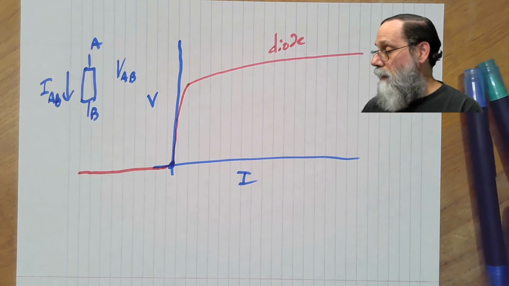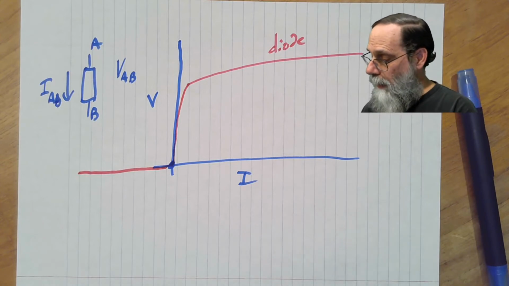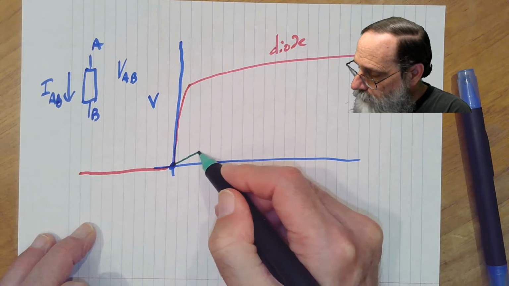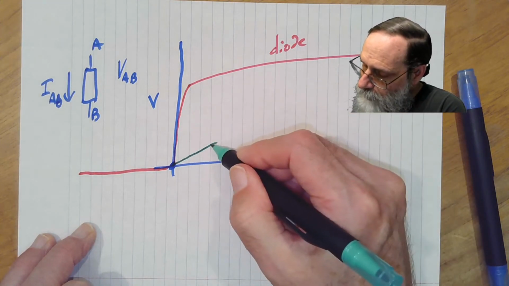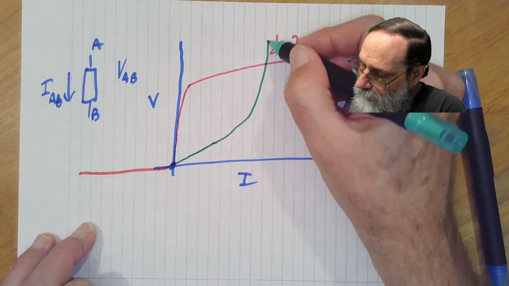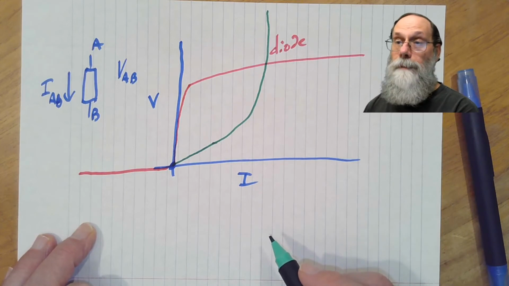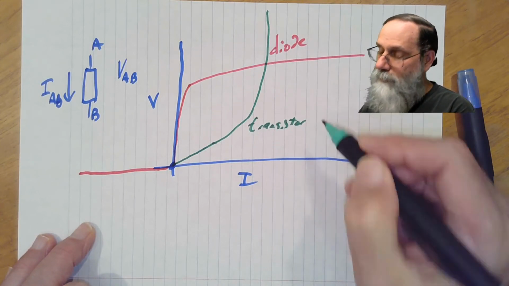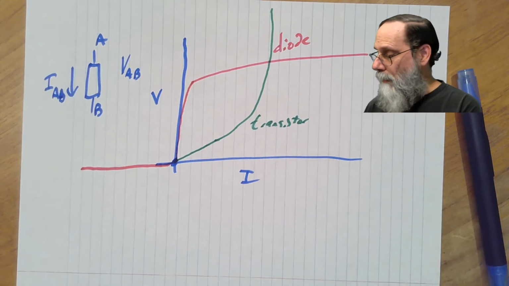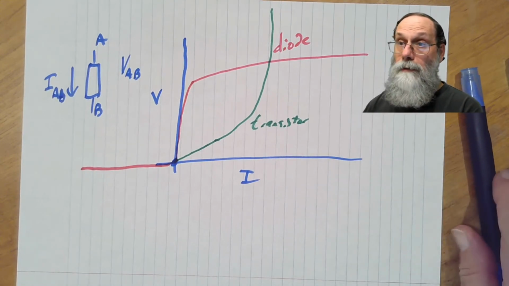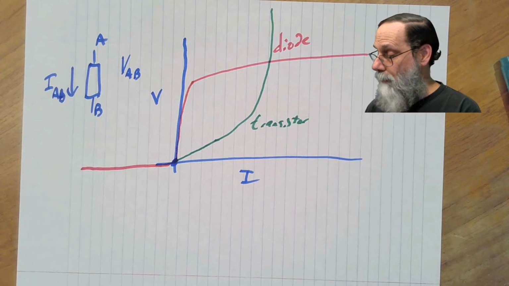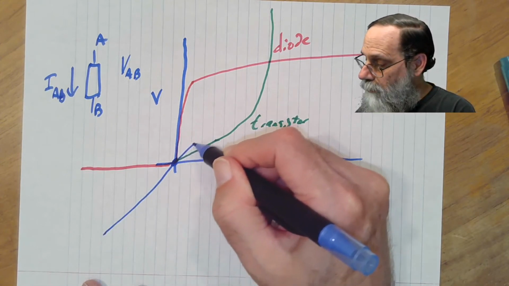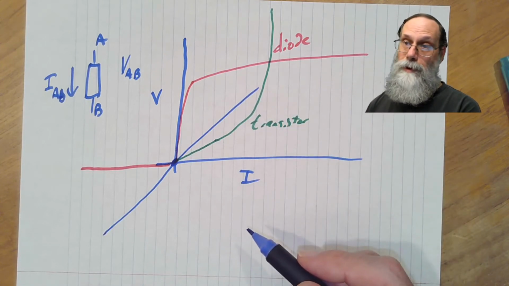Another component that we'll deal with is something where this will go up sort of linearly for a while and then tend to saturate. And we'll see that for things like transistors. There is one very special sort of component where we have a straight line through 0.